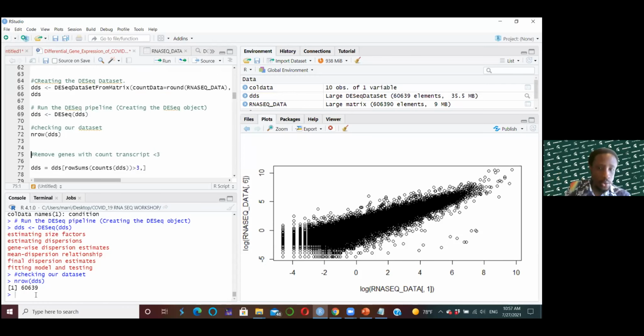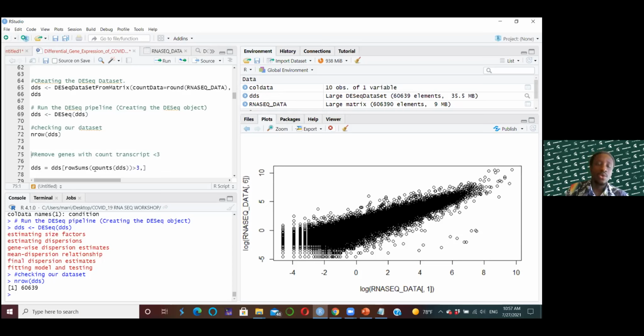So here we check the number of rows. So the number of rows represents the number of genes that we are considering, right? So as I said earlier on, we have 60,639 genes, and that is being given here when we look at the number of rows. But most of these genes, you realize that when you look at their transcripts, they are zero. So that means they produce no mRNAs, right? And then in our analysis, there's going to be a lot of noise in our data set,